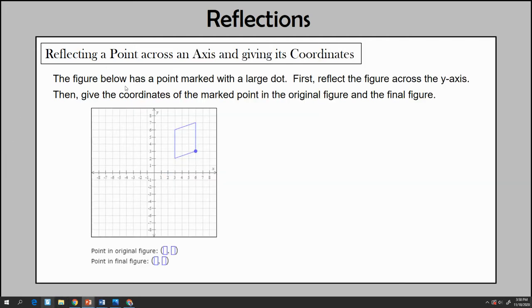Okay. The figure below has a marked point with a large dot. Right here's what we're looking at. First, reflect the figure across the y-axis, then give the coordinates of the marked point in the final figure. Okay, if we're ever asked to reflect this entire shape over, in this case, the y-axis,